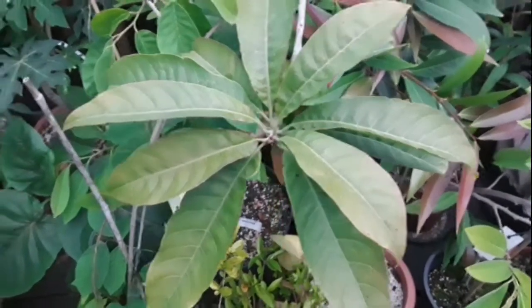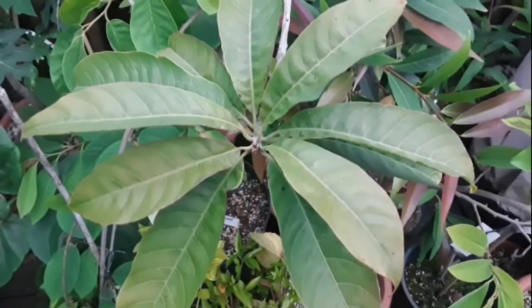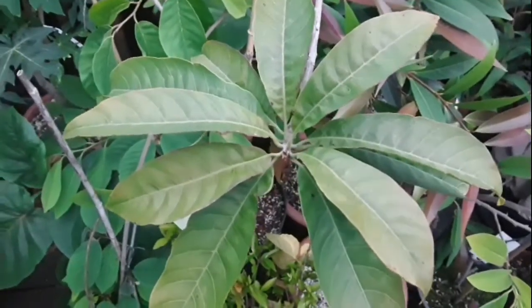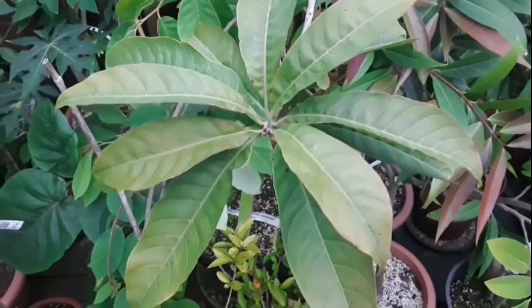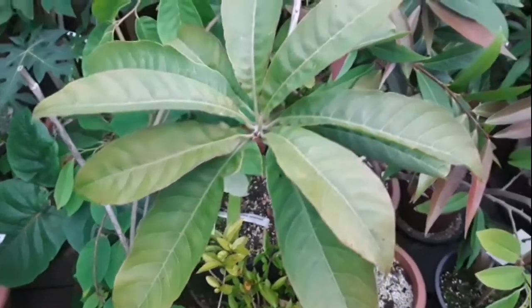This one here is a canistel. That's Pouteria campechiana, and this variety, if I remember rightly, is Bruce. Now I got this one last year, must have been sometime, I think it was early summer last year, and